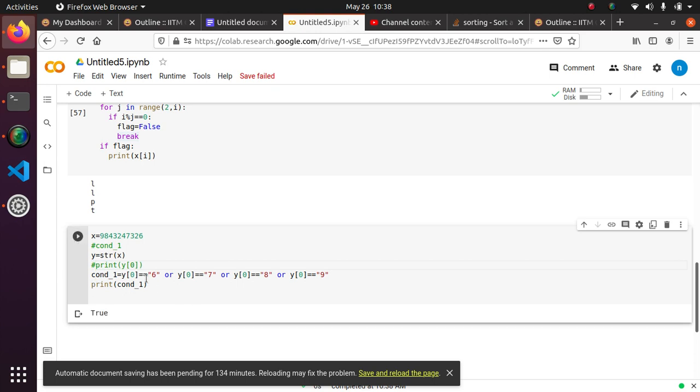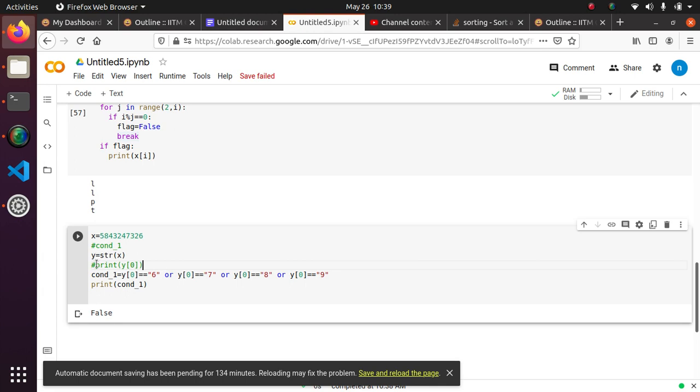See, the first condition is satisfying. If suppose the starting digit was 5, condition 1 will become false. This is condition 1. Now tell me, do you get how I found my error? I was trying to check whether everything is working properly or not.